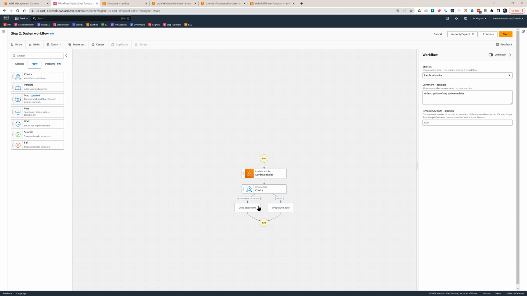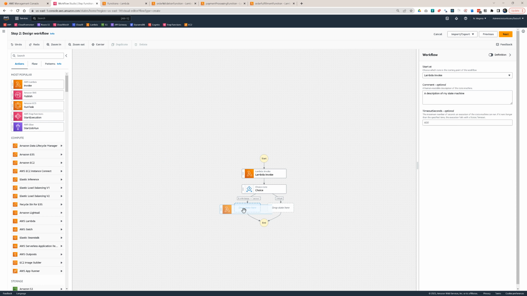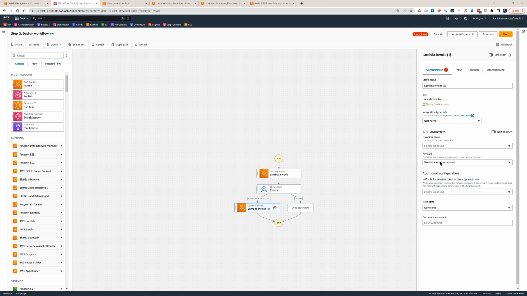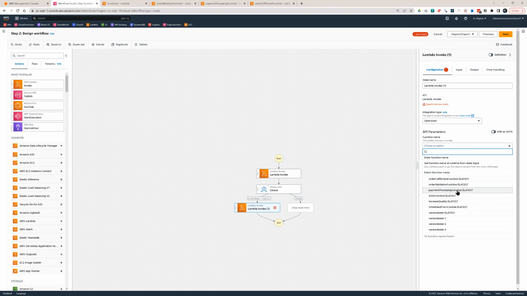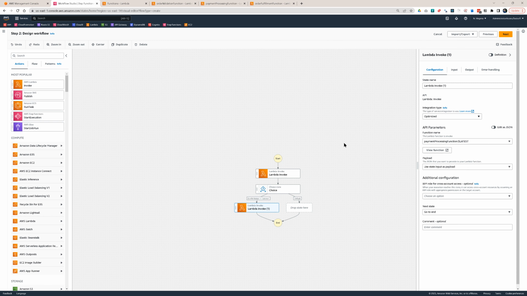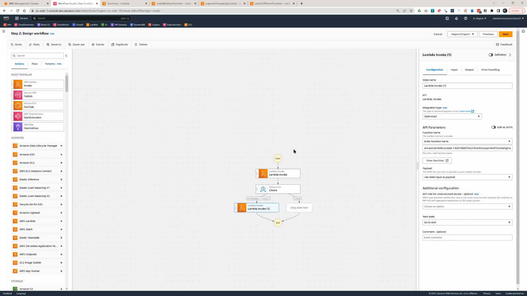And here we're going to invoke another Lambda function. Let's drag the Lambda here. And this is going to be my next Lambda function, which is going to be the payment processing function. Okay. Let's also do some changes here. I want to rename this one so I know what it is all about. So I'm going to call this order validation. The other one I'm going to call payment processing,